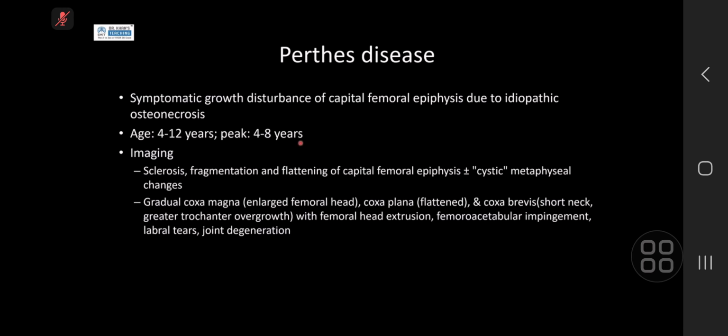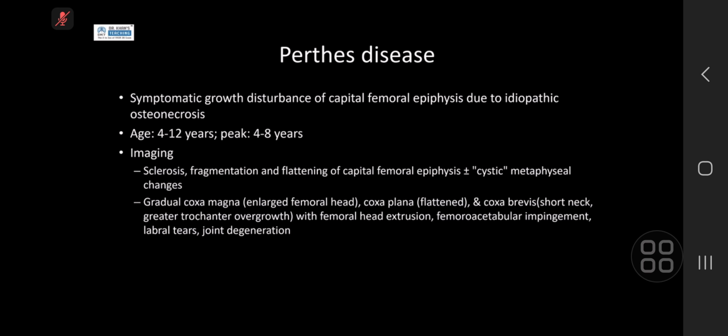Your peak age is always about 4 to 8, so often it is above that of transient synovitis as a cause for a limp or hip pain. It's older than transient synovitis, because that's kind of below 3, and it's younger than your SUFE, which is really in the adolescent age. So your Perthes, or AVN of the femoral head, is the one that's in between. Now,